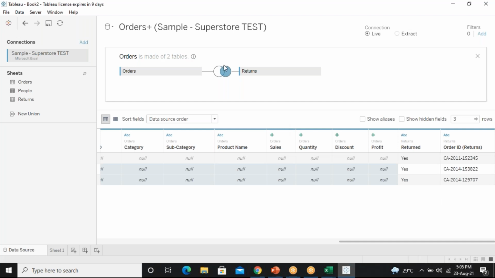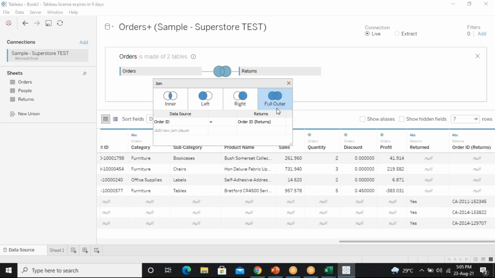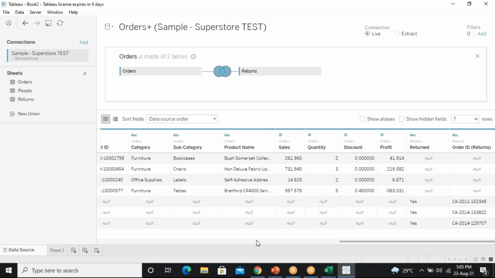Okay, next, just click on this place, full outer join. So now I'm getting like this. Can anyone explain what is full outer join? Everything from the left and everything from the right. If something is repeated, what will happen?